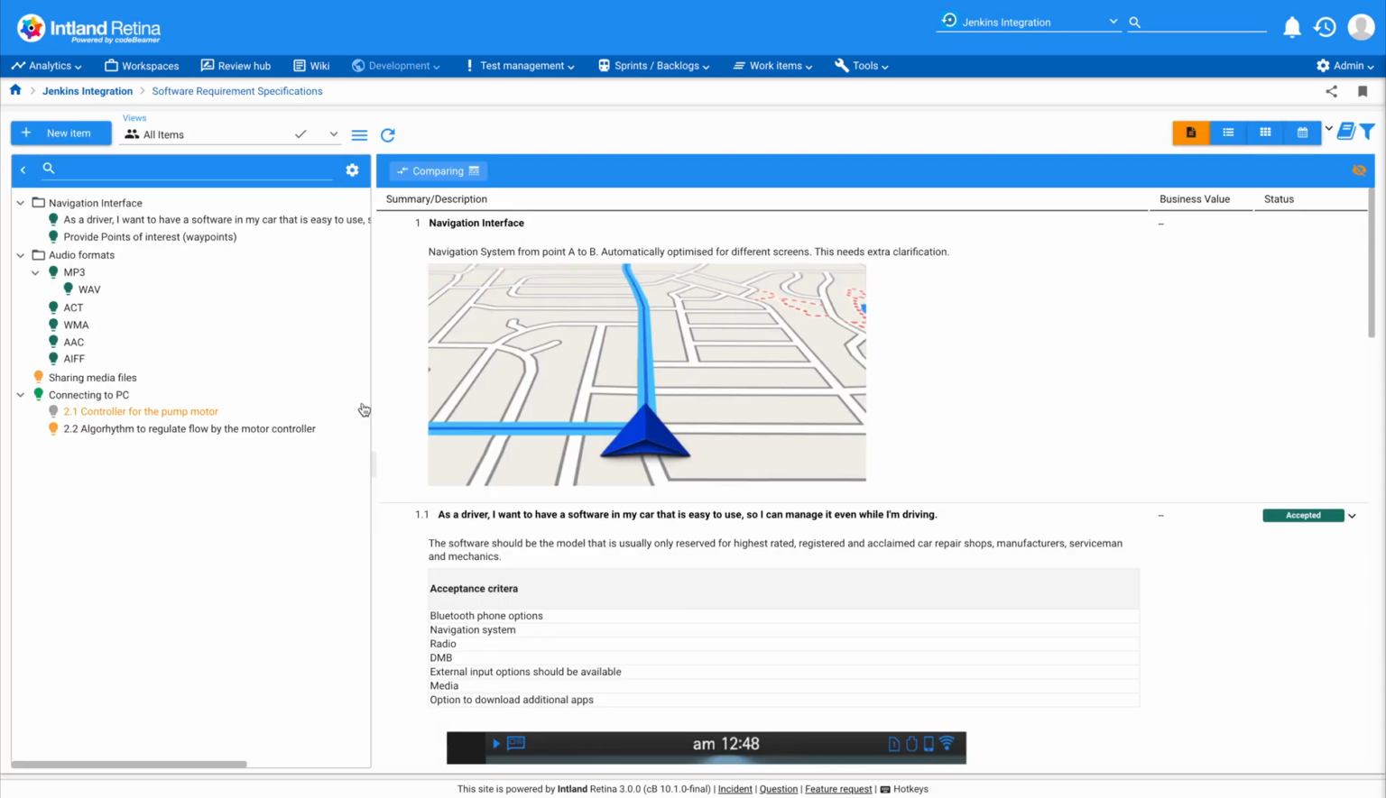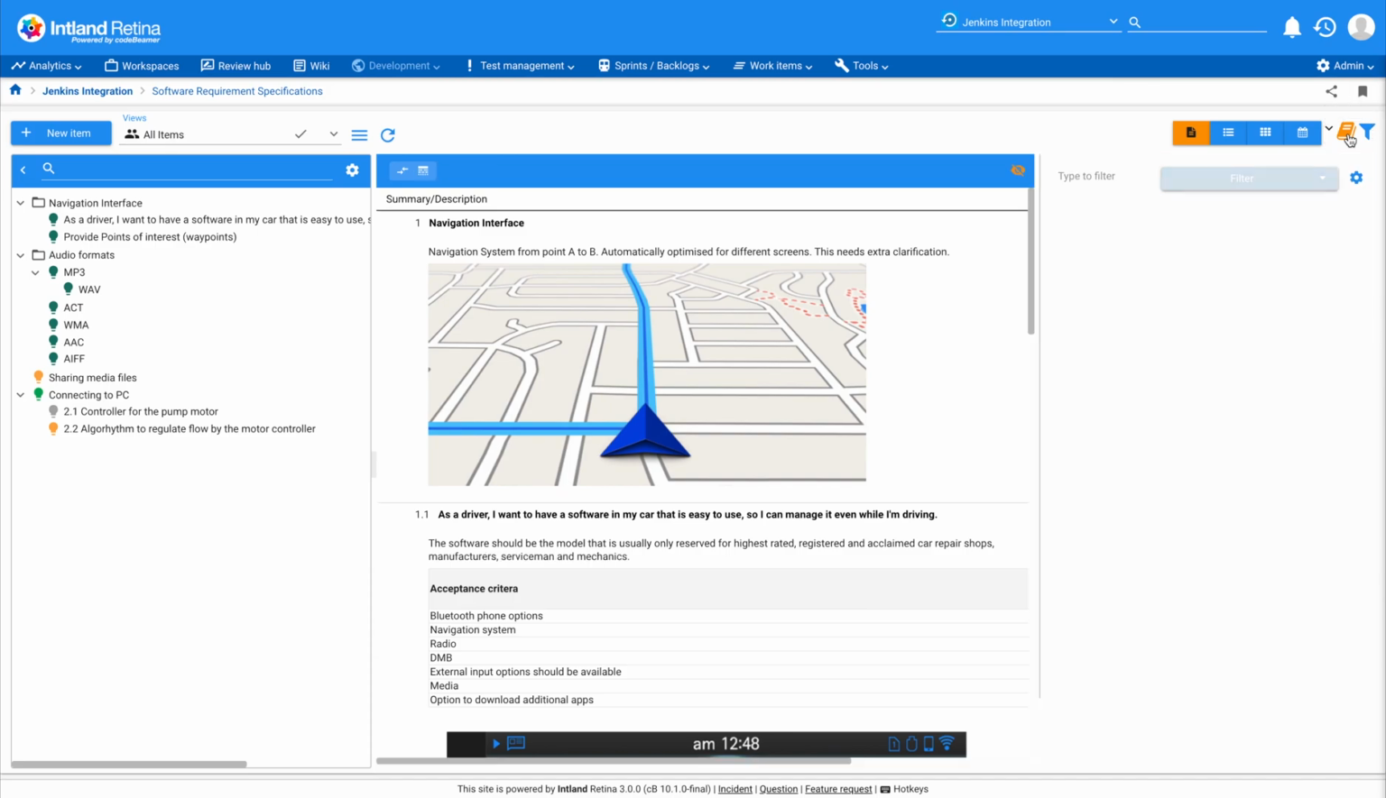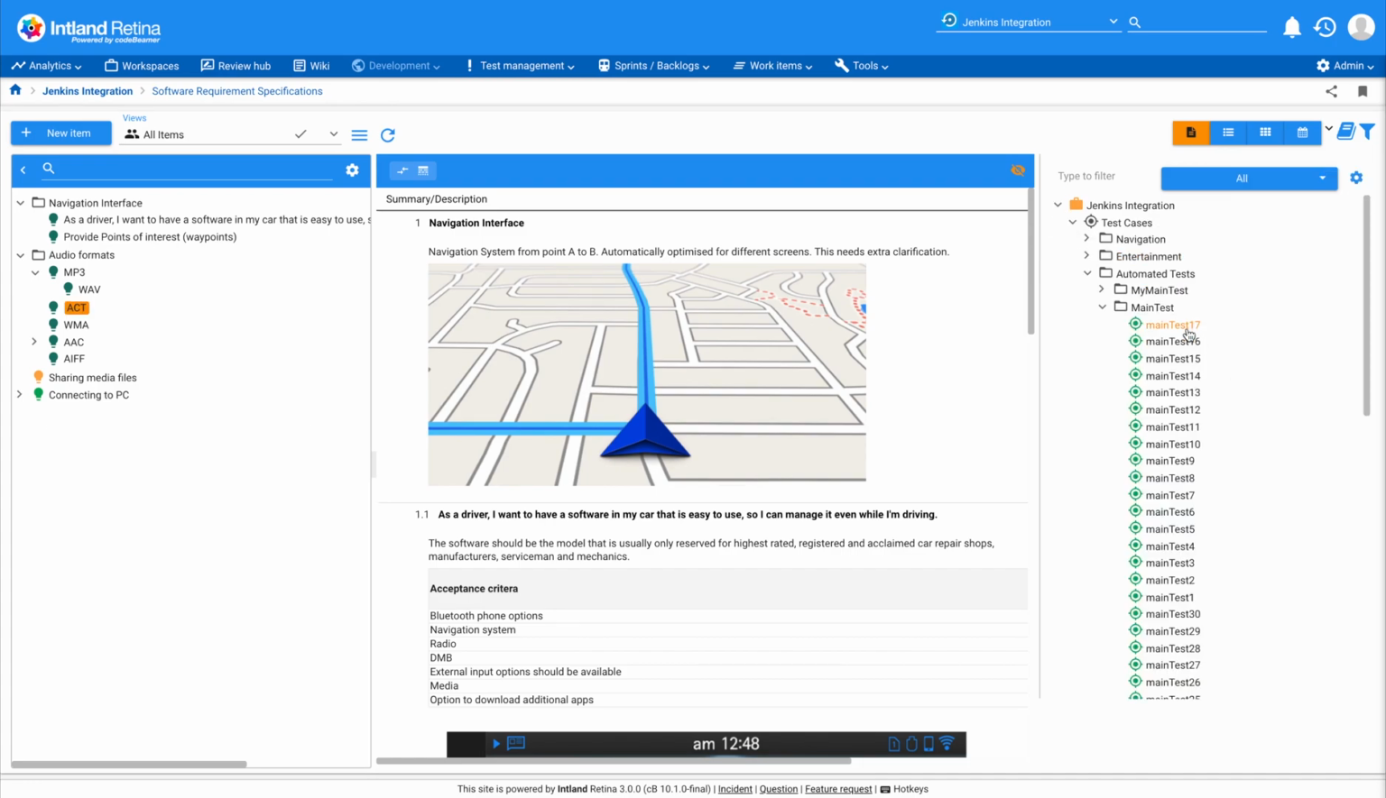In my software requirement specification container, I have to open the library. As you can see, I already have the Jenkins integration workspace configured as a library item, but you can also always add further workspaces through the library configuration. By expanding the node and grabbing one of these automated test cases,